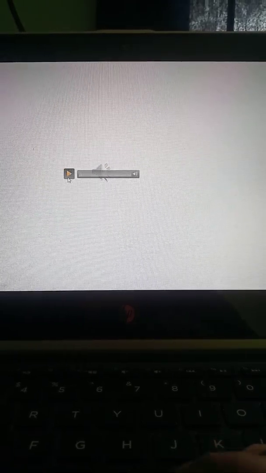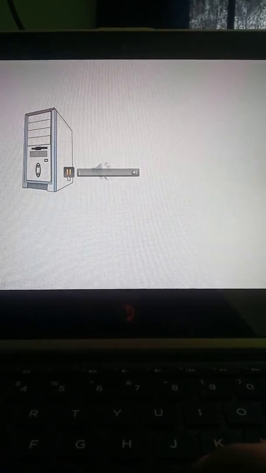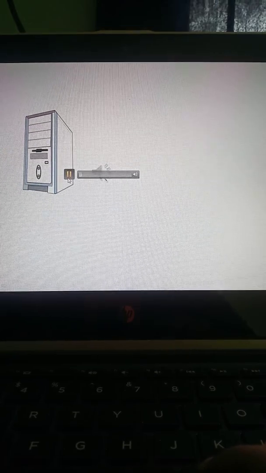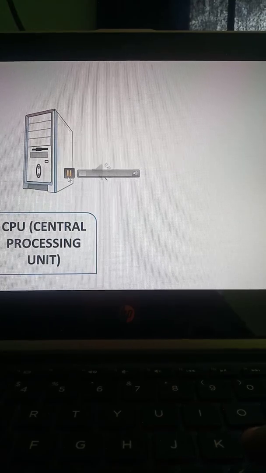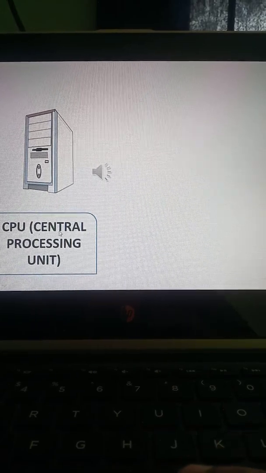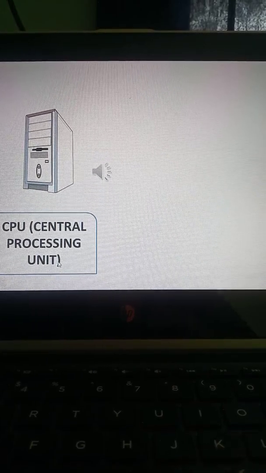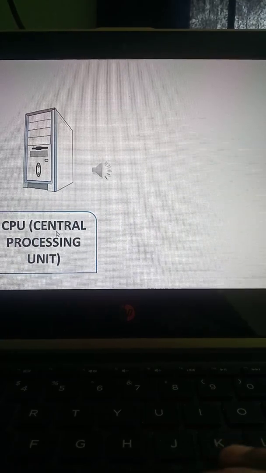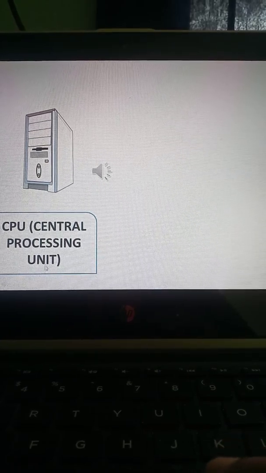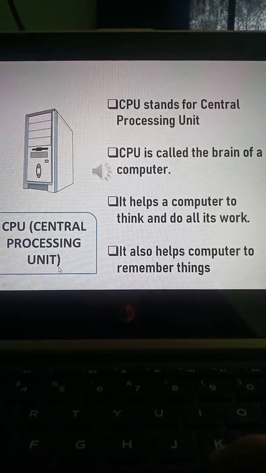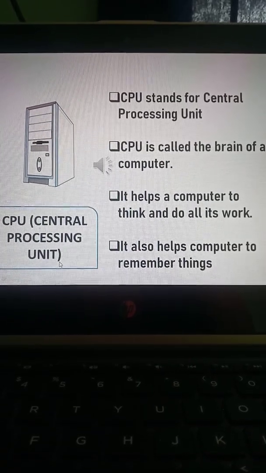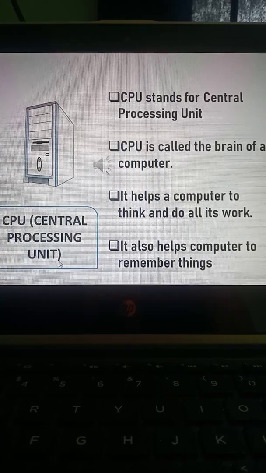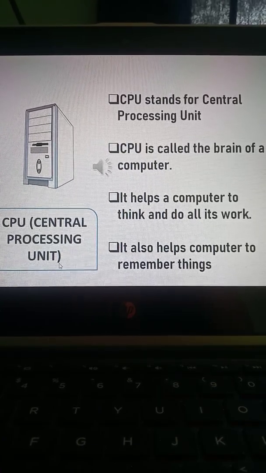Okay children, so the next part is the CPU. What is this? This is the CPU. And the full form of CPU is Central Processing Unit. What is the full form of CPU? Central Processing Unit. As we all have a brain, the computer also has a brain. And what do we call the brain of the computer? CPU.